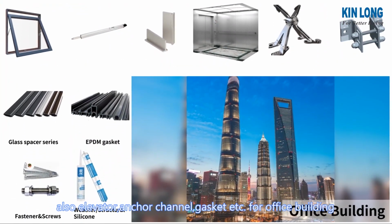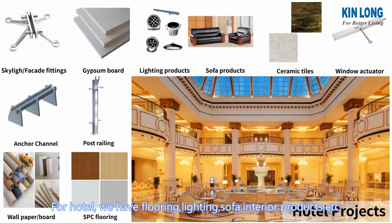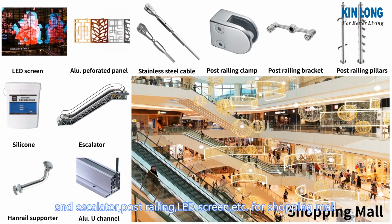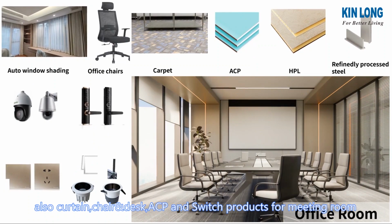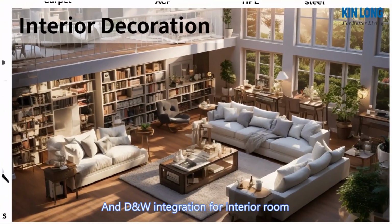For office building. For hotel, we have flooring, lighting, sofa, interior products, etc. and escalator, post railing, LED screen, etc. for shopping mall. Also curtain, chair and ACP and switch products for meeting room, and handle integration for interior room,